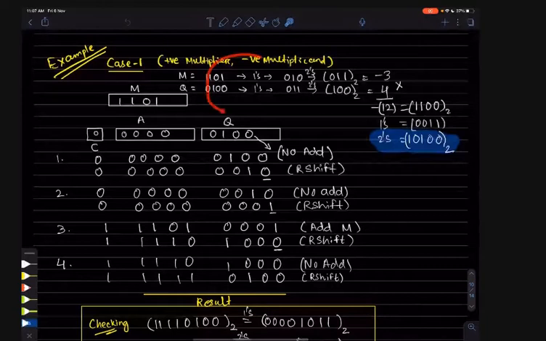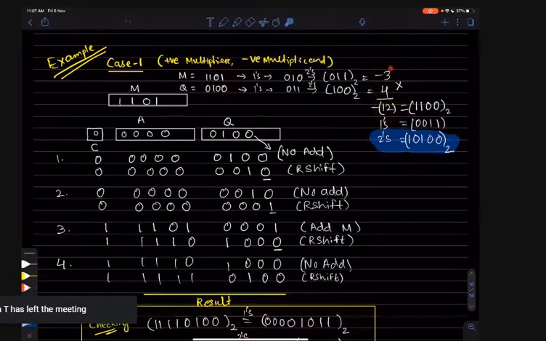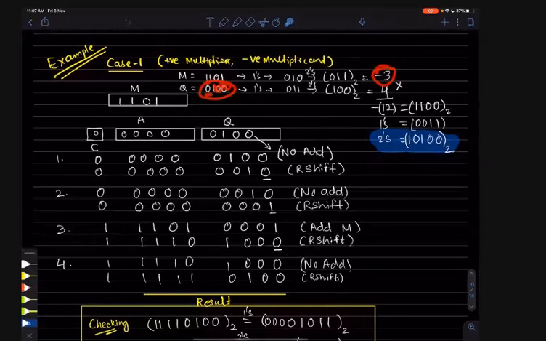These things are not required if m and q are given in the question. I am just telling you the decimal equivalent of these two numbers, so that after doing the multiplication we will find out what the result will be. So this is minus 3, and this is a positive number, 0100. You don't need to take the 2's complement, but even if you do, the output will be 4. Yesterday somebody was asking how the 2's complement of a positive number is the same number. So this is the answer.